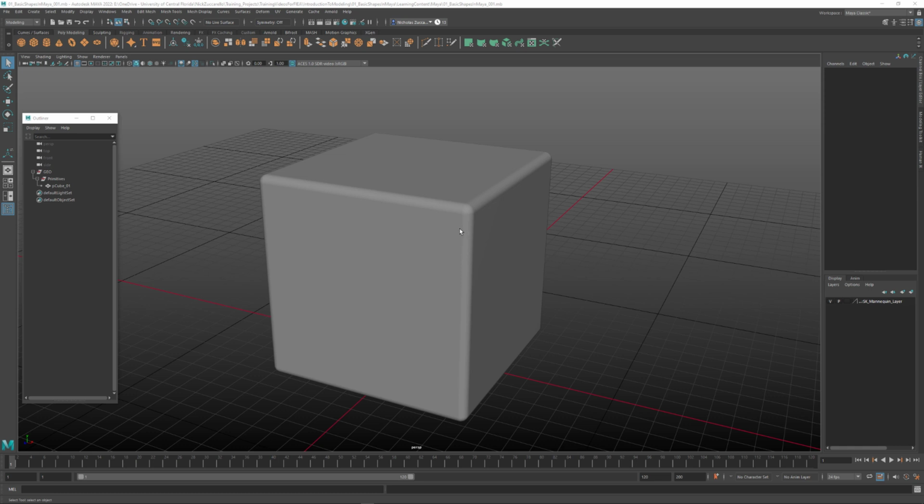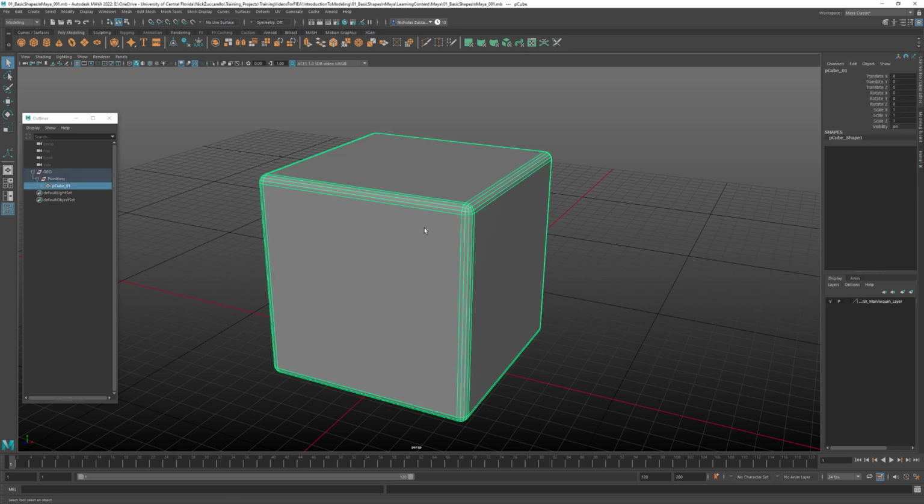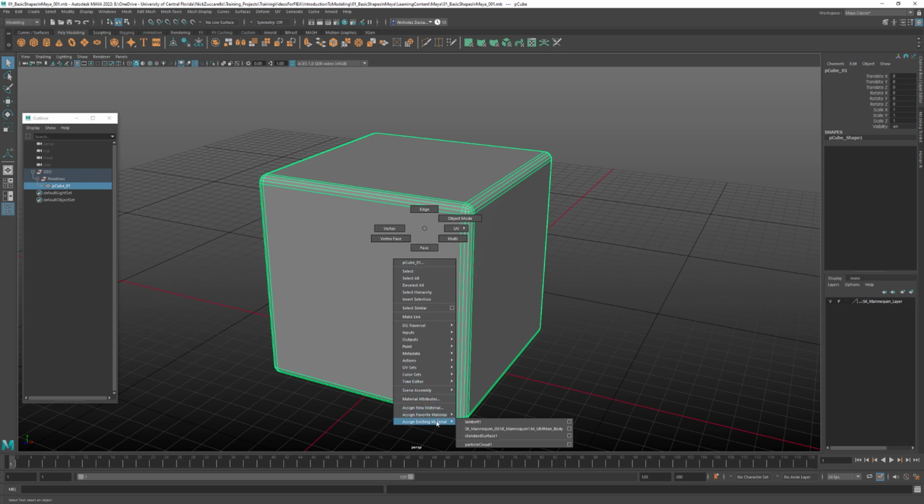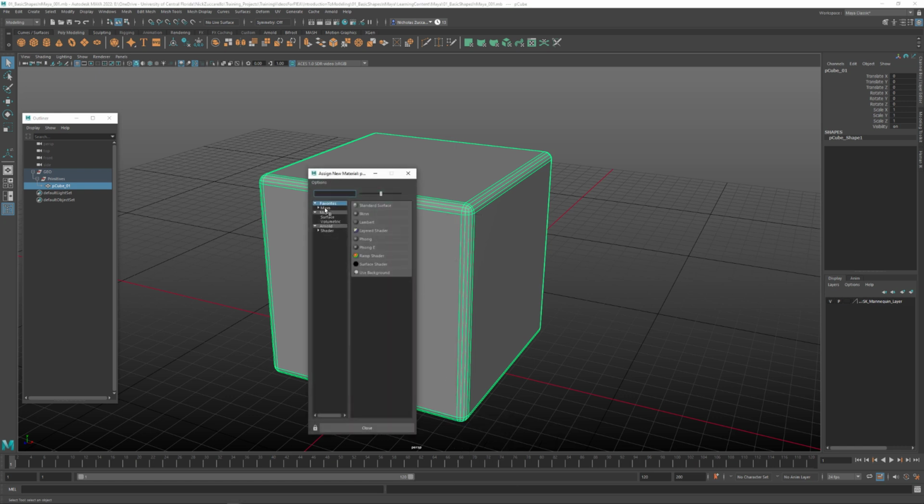It just makes it look a bit better for modeling, because this is a Lambert material. It doesn't have a whole lot of specularity on it. So what I like to do is, if we select this object, we can right click and go to assign new material or existing material. Since we don't have anything, let's go ahead and say assign new material,